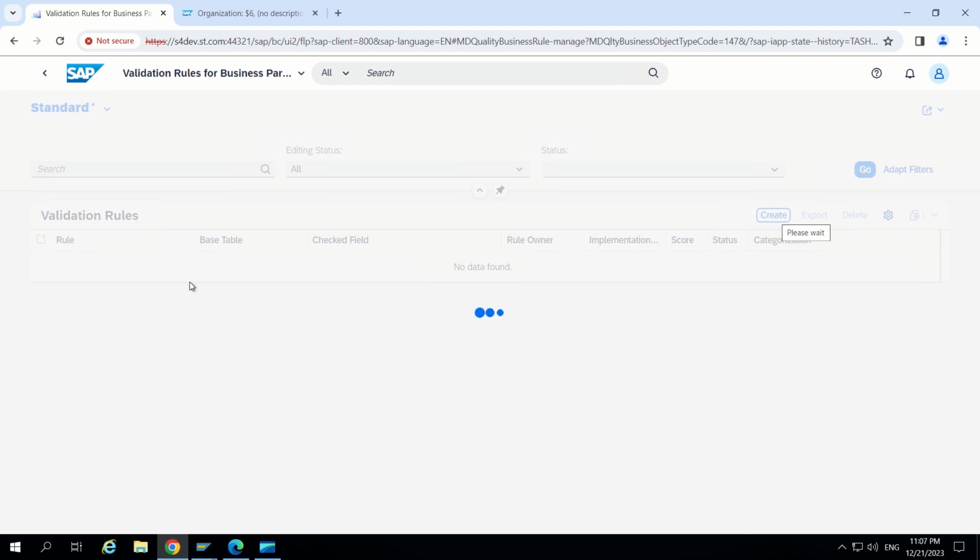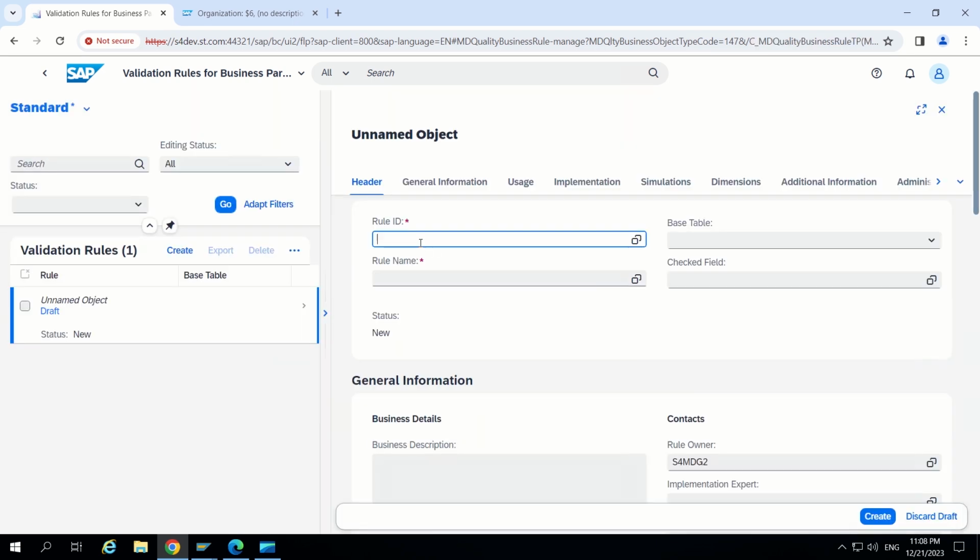Now a new DQM validation will get created. So this has been created. Now let's give all the mandatory fields. Rule ID means any requirement rule ID. Suppose this rule ID is business rule underscore, and this is for STEM 1, right? So STEM 1, ST1 underscore restrict. Like this I am giving the rule ID. Now the rule ID is restrict, so the rule name is